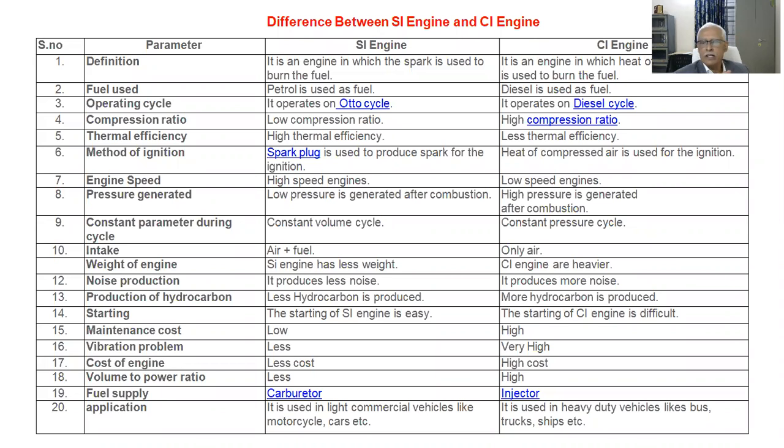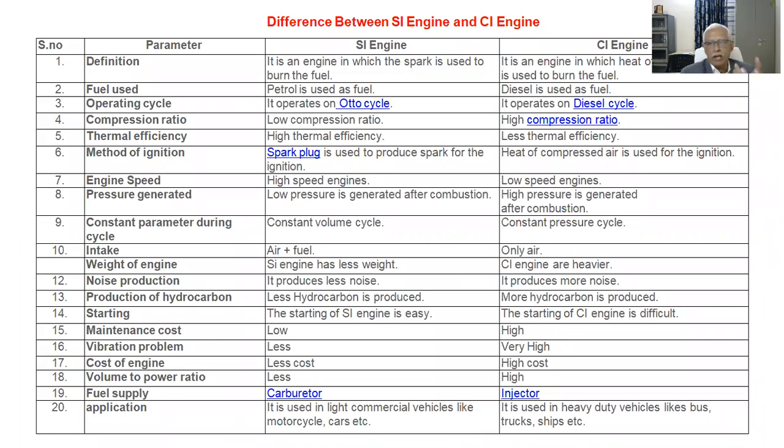And the CI engine, all said and done, maybe its power requirement is more, but compared to the SI engine, its crankshaft rotates at a small number of RPM. Anything around 1200 to 1600 we will be using, and that too will be reduced using the transmission system, including the gearbox. We reduce the RPM because you don't need that kind of RPM except for something like a racing car. Okay, so pressure, we already discussed while discussing the cycles.